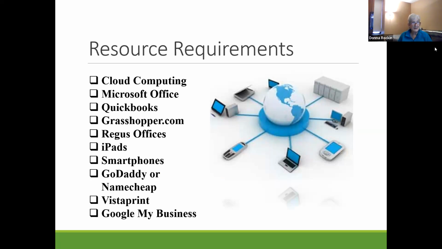Do you need a grasshopper.com or something similar? A grasshopper.com is where they call your office and you're not there because you're a sole proprietor, and then it automatically searches to your cell phone. And if you're not there, it searches to your house phone. But the customer doesn't see it. They just think they're calling the office number.